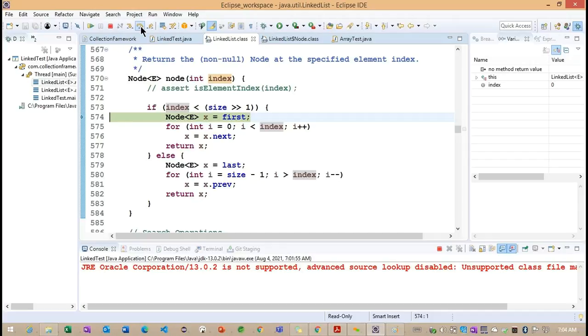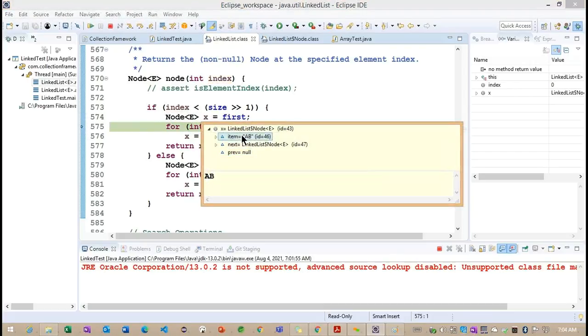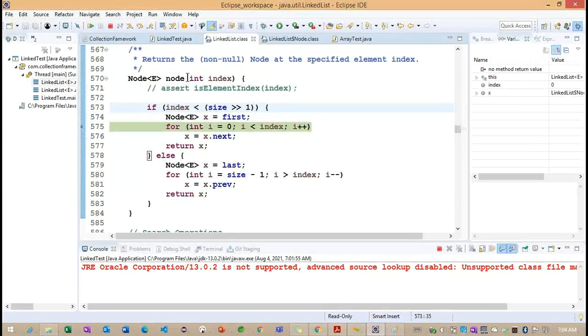This condition is satisfied, so it will try to load the first node. What is the first node we have? Something called AB. The first node cannot have a previous reference; it can contain only the next reference. So we identified AB as our first node.